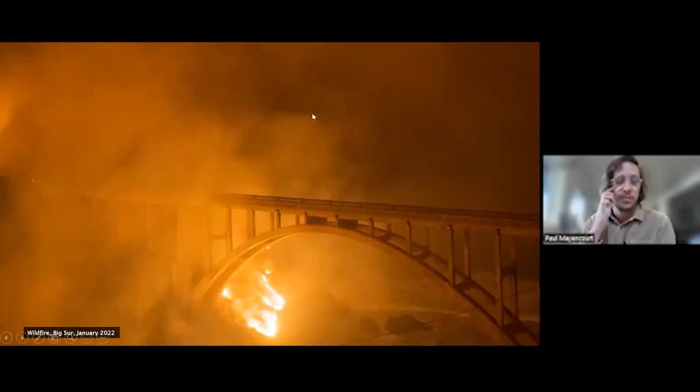And this is a picture from a famous bridge on Big Sur. This was a couple of months ago, and fires are part of the ecosystem in California, but they have also been part of the issues recently because the fires have taken such a big scale and impact. That is typically not the case. And the other issue with this picture is that this was taken in January 2022, which is supposed to be the rainy season in California, and you can see that this wildfire is happening.